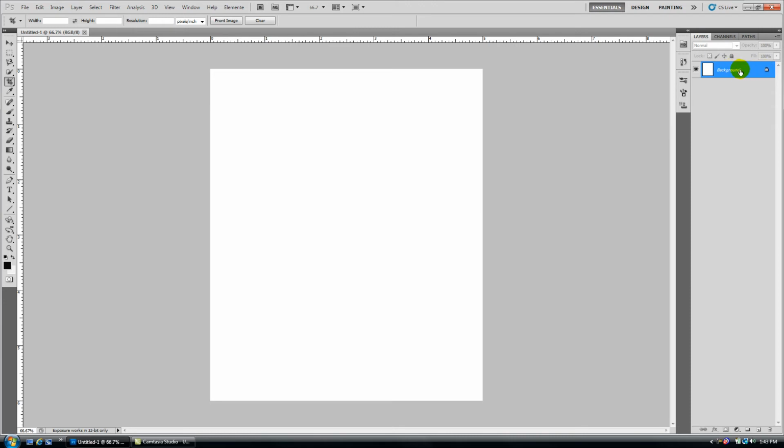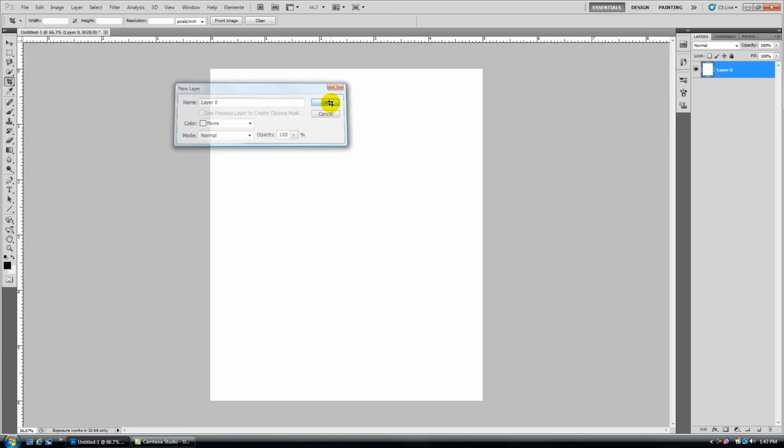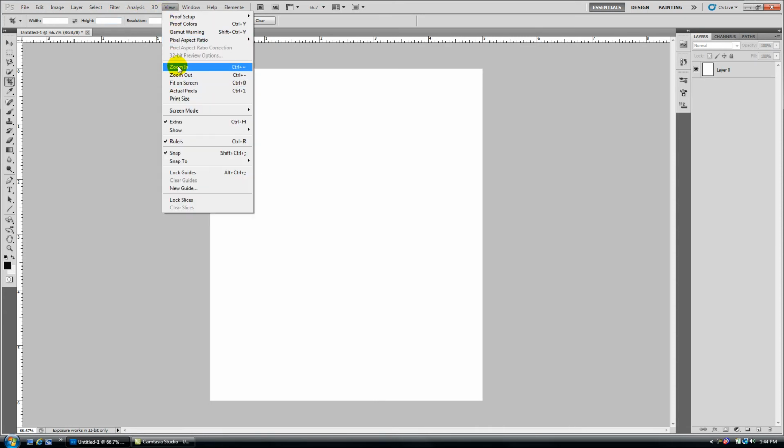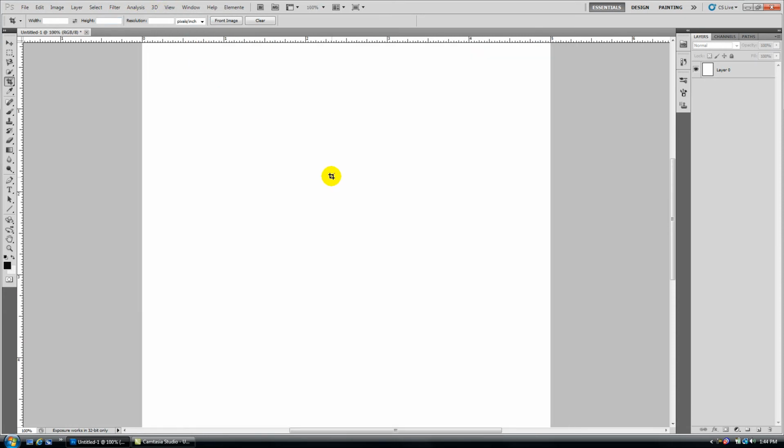Usually when you come to the background image, it's going to be locked. Just double click on it and click OK. You can also name this layer if you need to. If not, it doesn't matter. You go here to view, zoom in,